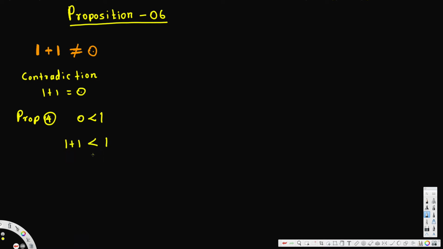And then what we are going to do is add negative 1 to both sides. If we add negative 1, this is going to be negative 1 plus 1 plus 1 is less than 1 minus 1. Here we can use the associativity. Associativity is basically we can move this bracket around. Like if we have 1 plus 1 in a bracket, we can move this bracket to the front. In that way we will get negative 1 plus 1 in a bracket, plus 1, is less than